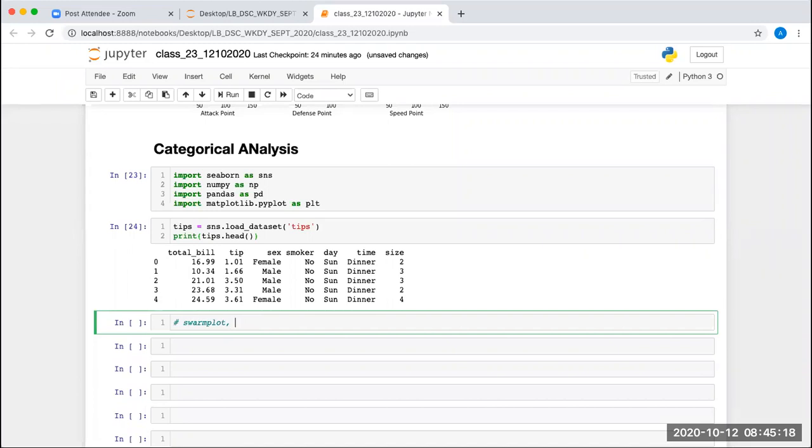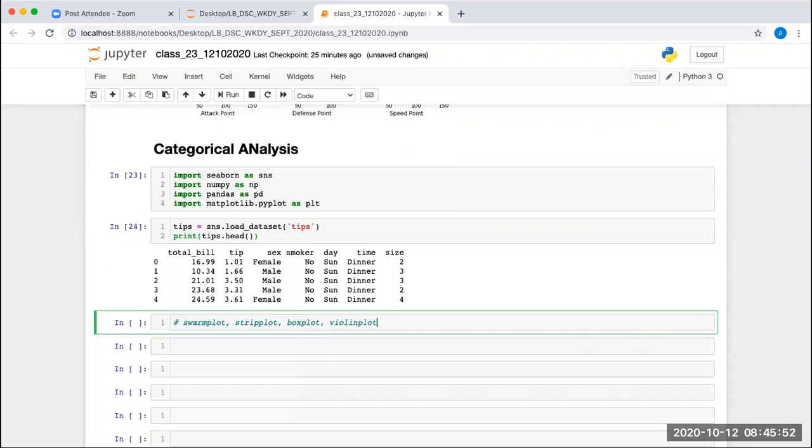We are going to learn swarm plot, strip plot, and then we are going to learn box plot, violin plot, then bar plot.